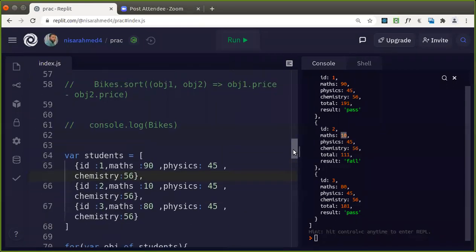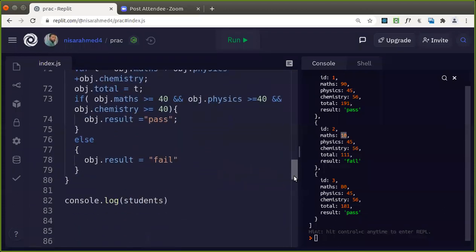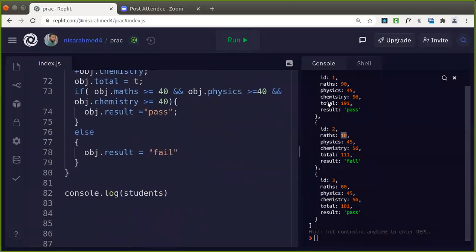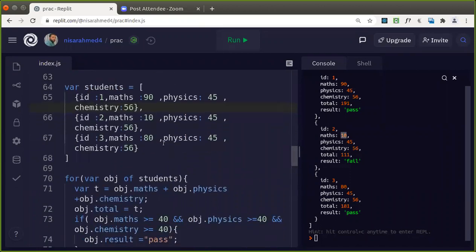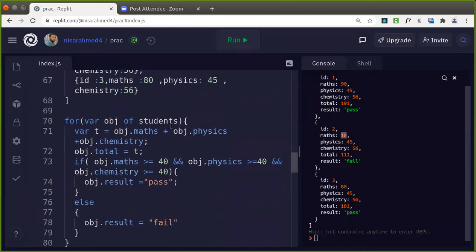Yeah, in the previous example we have done the sorting. Now you can do the sorting here also and know the student details who got the highest marks, or you want to know the student details who got the least marks. All these things apply the same way. Basically this is how you can work with an array of objects. What I've done here is I've created the data in an array of objects with these properties. Later on, we have iterated through that array, and for each object, you have updated the total marks and the result.